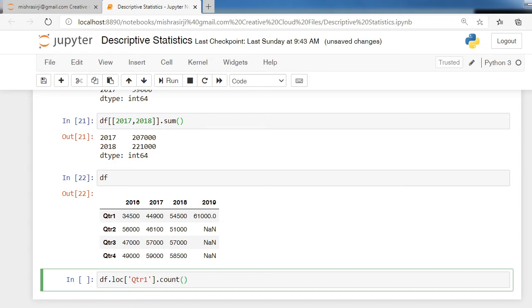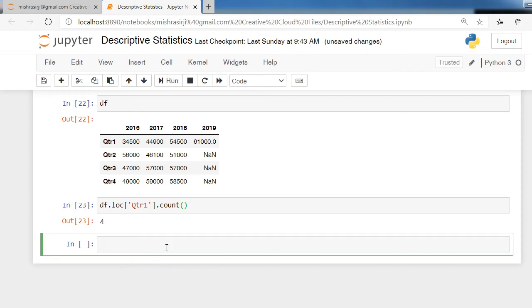If you want to count the total number of items in the row qtr1, I am writing df dot loc qtr1 dot count. Run this command and check the output. Output is 4, which is correct: 1 2 3 4.